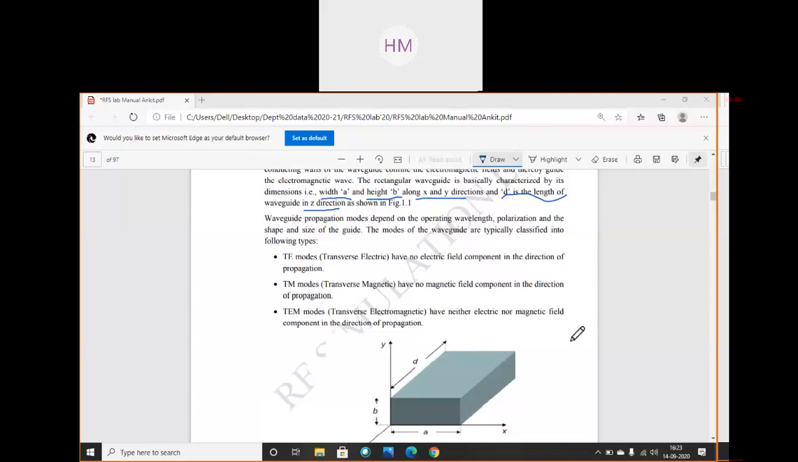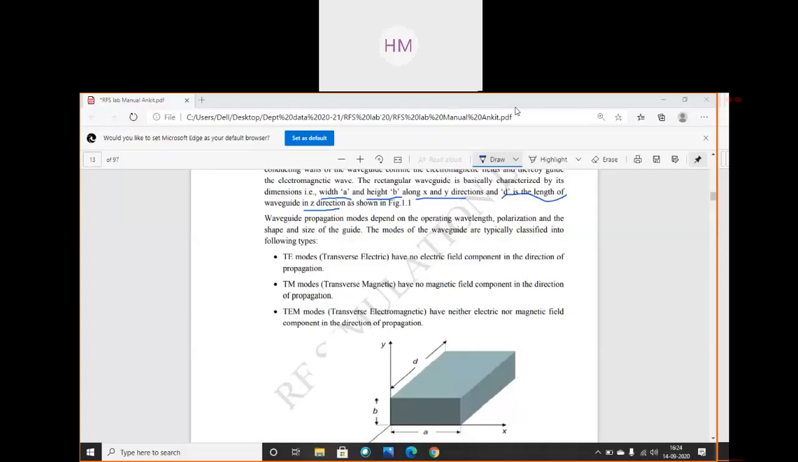So what this experiment tells is experiment provides a field pattern of various modes inside a rectangular waveguide. Okay, we know the waveguide are designed for the modes TE and TM. What are TE and TM? Who will tell? Transverse electric and transverse magnetic modes. Waveguide propagation modes depends on the operating wavelength, polarization and shape and size of the guides. The modes,